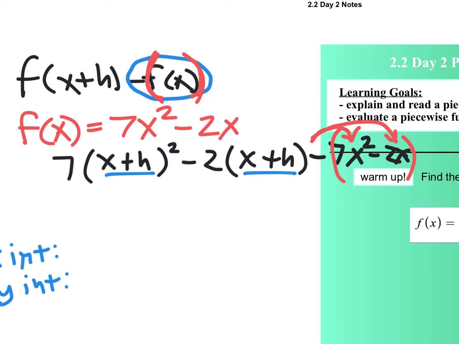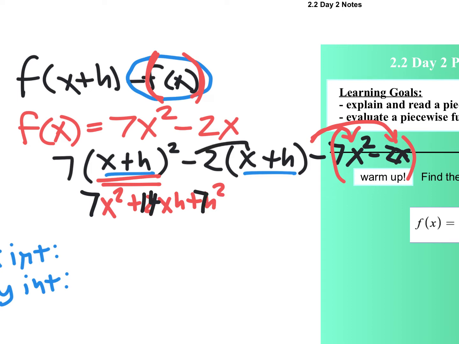Okay, now I'm going to multiply this all out, but I'm going to do this in my head. By now you should know that's x plus h and another x plus h. That's x squared plus 2xh plus h squared. Then it gets times by 7 everywhere. So I'm going to put a 7 in the front, and 7 times 2 is a 14, and a 7 there. Then I'm going to distribute this out. I'm showing a little less work as you're getting better at this. Minus 2h minus 7x squared